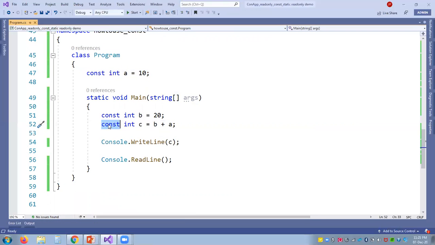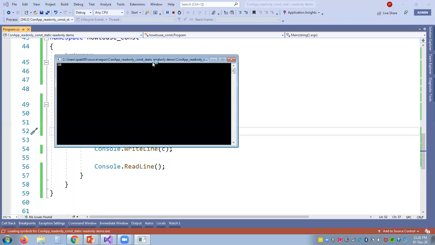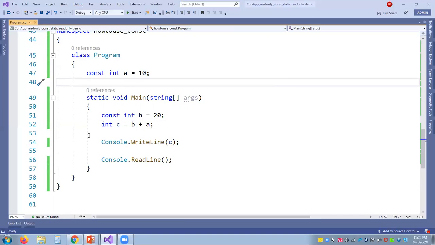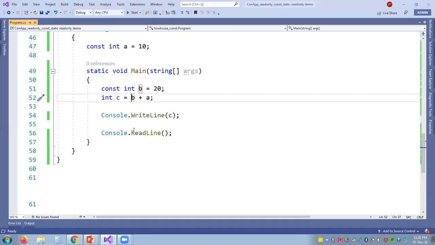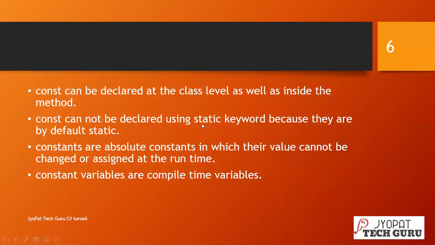So suppose I'm going to take out this constant, now also I'll be getting this 30 value within this C. So coming back to the discussion, here you can observe that